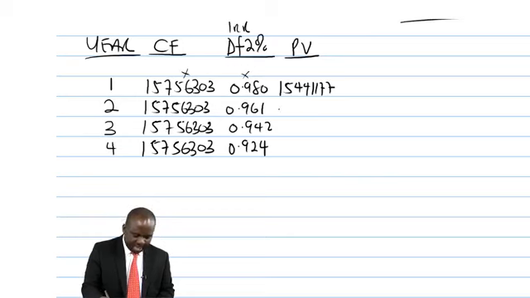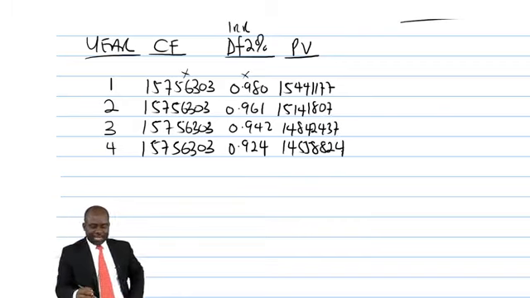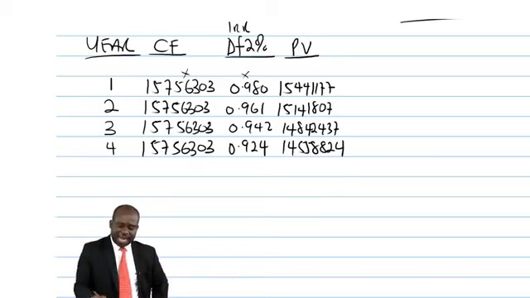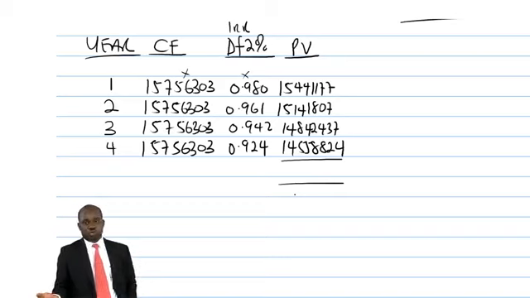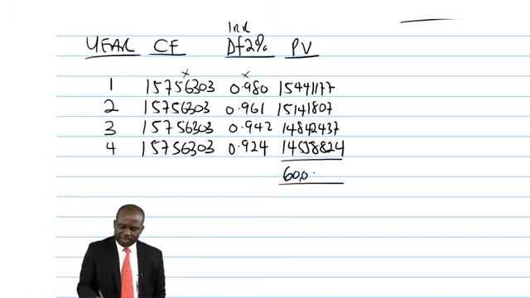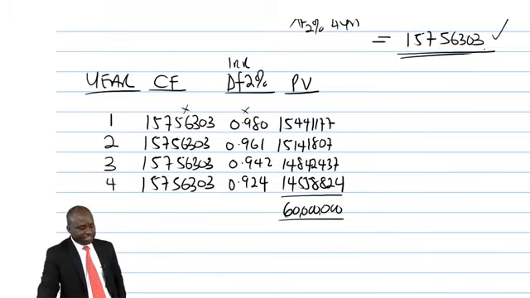1,544,1177. The next one is 1,514,1807. Next is 1,484,2437, and then 1,455,8824. As long as you have discounted these cash flows with internal rate of return, the total of the PV should be equal to your initial investment. When you sum them up, it should bring you to the present value of the investment, which is the 60,000